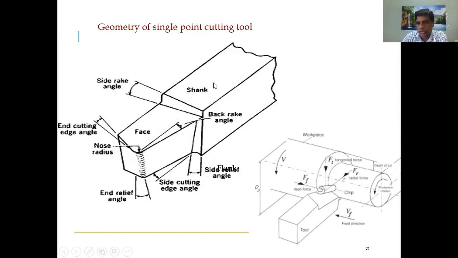The uncutting zone is used for fixing the cutting tool in the machine, or for holding the cutting tool. Take your kitchen knife, right? A knife has a blade, which is the sharp edge, and also a handle. If the handle is not there, it's difficult for you to cut, right? Imagine only the cutting blade is there. Is it possible to cut? It's very difficult. Even sometimes in the kitchen, the handle breaks.